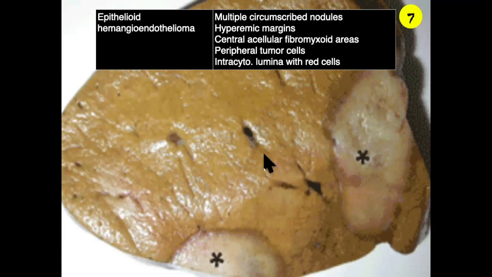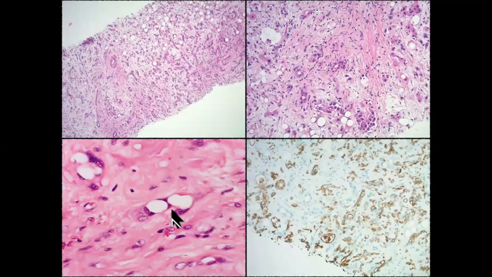If you go to the biopsy, you can see tumor only in the periphery forming intracytoplasmic lumina with red blood cells. Okay, so in the center of this sample, it's more like myxoid areas like here. But you can see it will look like a lobular carcinoma of breast, individual cells, and you can see cytoplasmic lumina formation. And if you are lucky, you may be able to see some RBCs sitting within the intracytoplasmic lumina. Here they are not seen that clearly. And when you do a vascular marker, all these cells will be positive. So that's the classic epithelioid hemangioendothelioma.